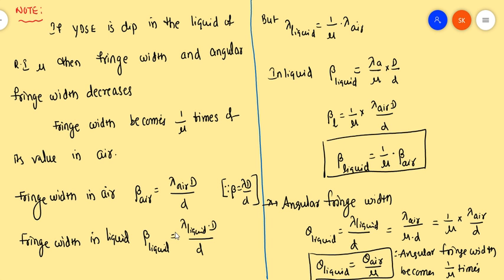When we dip Young's double slit experiment in the liquid, then the fringe width and angular fringe width become 1 by nu times. Take the screenshot and note it. Now I am going to give one problem for the homework and you try to solve it yourself and write its solution. Okay. The question is that